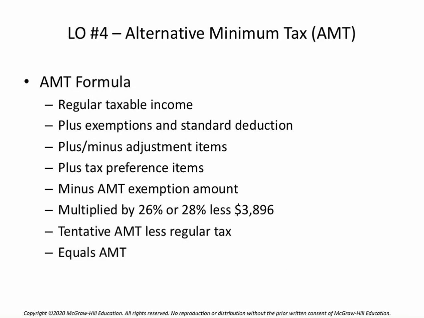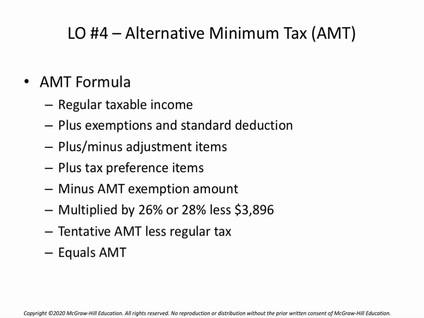Congress said that seems unjust and unfair, to where even though the code is designed to allow you to do this ordinarily, if it's done to such an extreme to where you have nearly no taxable income or nearly no taxes paid, it seems like an injustice not to participate in the tax payment part of the collection. So we are going to subject you to an alternative minimum tax in that instance. The formula we're going to look at to calculate what that alternative minimum tax would be is going to be the regular taxable income plus those exemptions and standard deduction to get back to the amount.